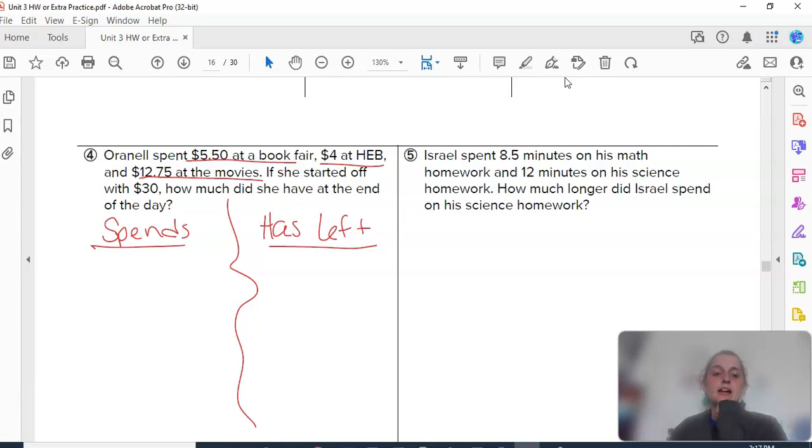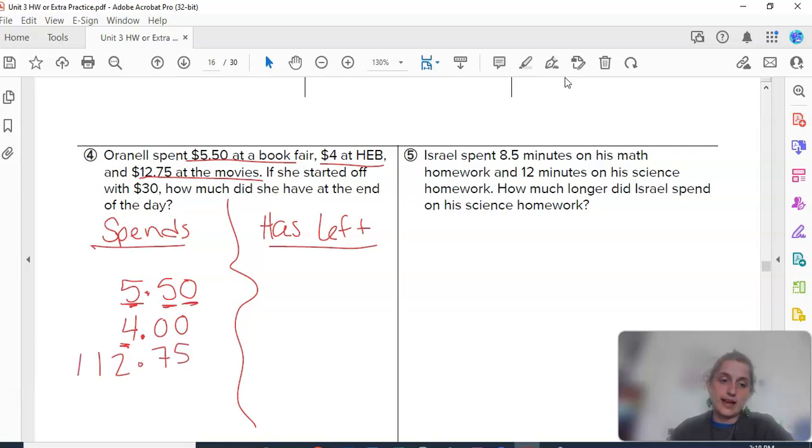So we're starting by adding up. Okay, she spent $5.50. And then she spent $4. Where does 4 go? Does it go here or here or here? $4 looks like a whole number. And any whole number is really a decimal when you add zeros after it. You're not changing the value. That still says $4. But you now put a decimal and you can stack your decimals to make sure that you're adding whole dollars with whole dollars and you're not accidentally adding the $4 to the cents as if it was 4 pennies. She also spent